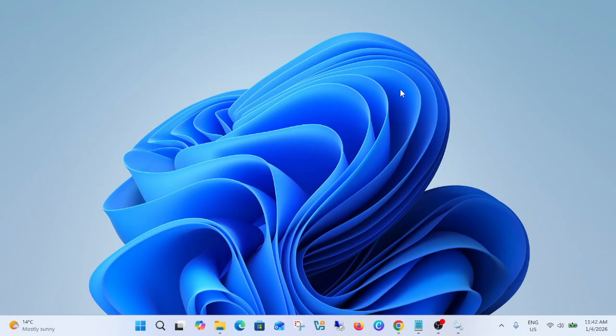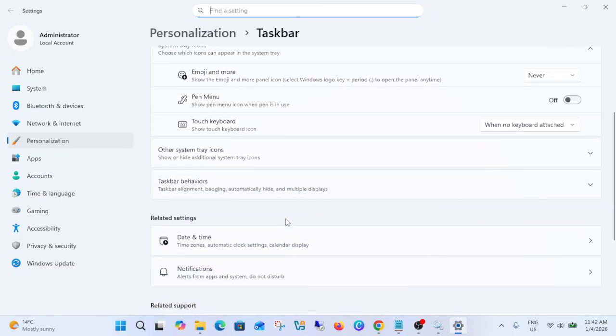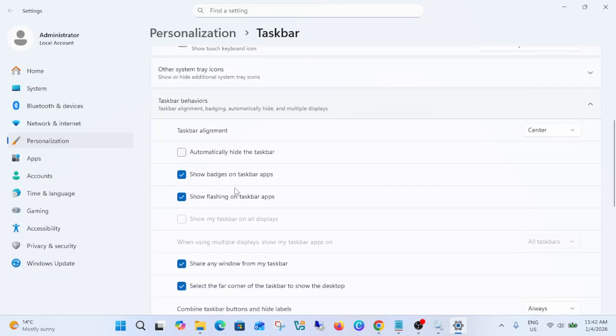If you are a Windows 10 user and you love Windows 10, you should bring your taskbar to the left, like the normal Windows standard user and Windows 10 has. How to do it? Just right click here and simply open the taskbar settings, and once you see the taskbar settings here, you need to scroll down and look for taskbar behaviors, and once you see that, you need to